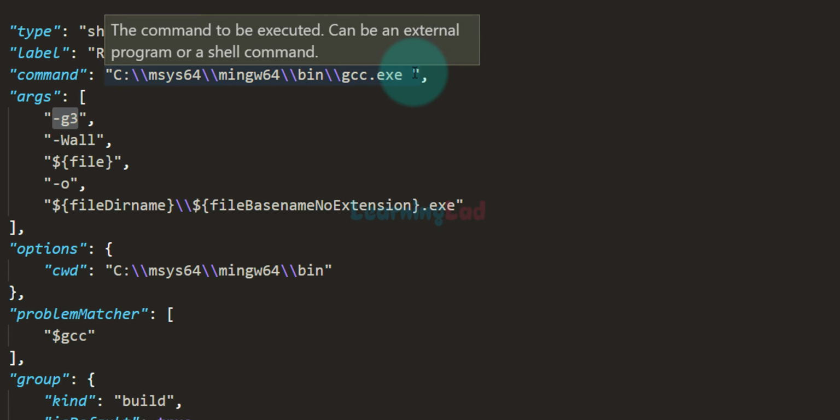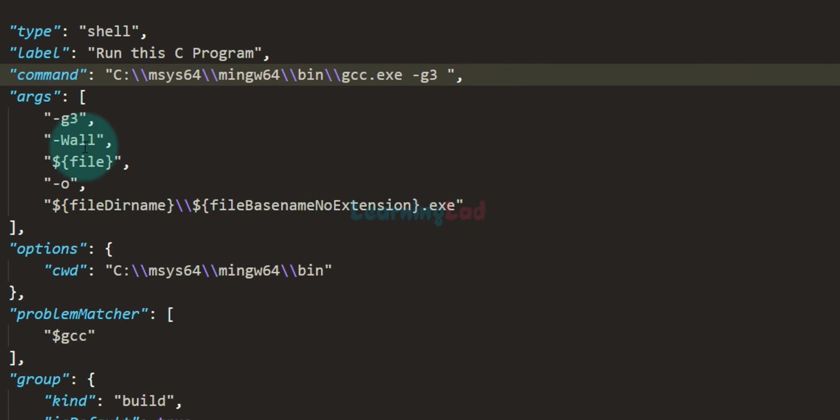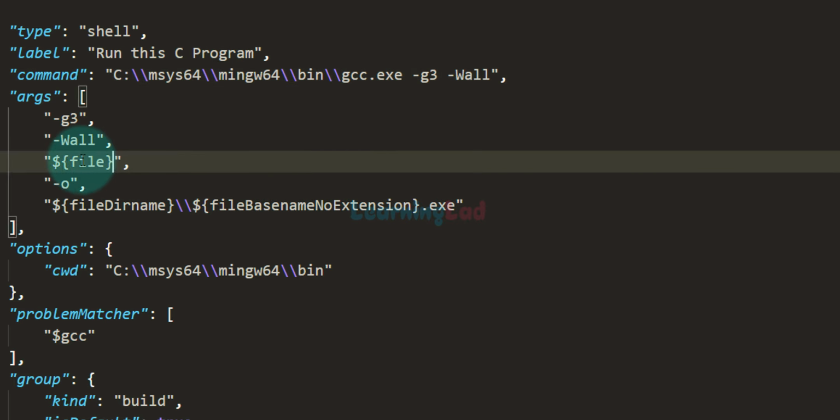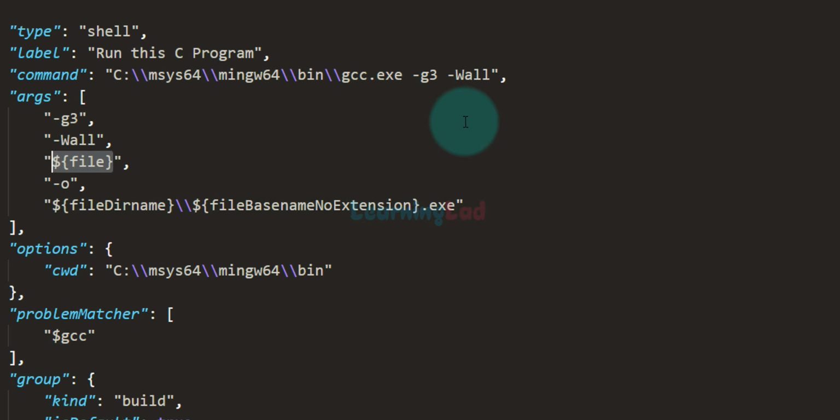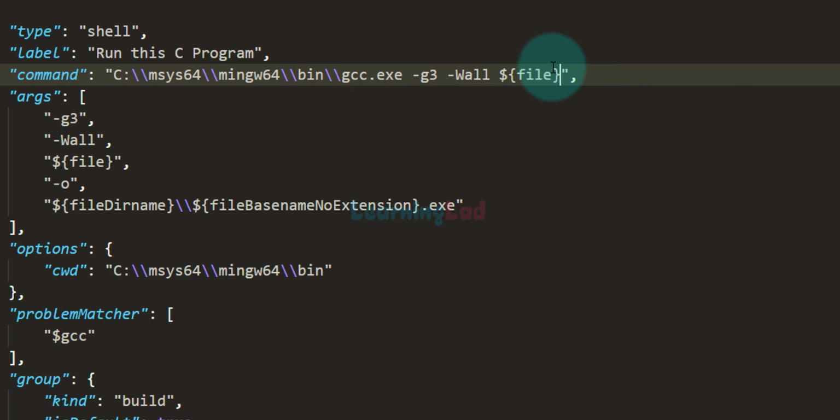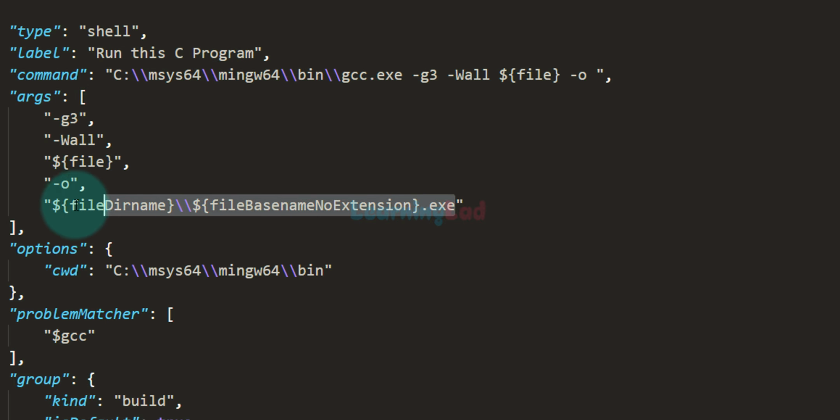So it will be -g3 space -Wall. I'm going to copy that. I'm going to paste it in here. After that, we have $file, copy that and paste it in here. We have -o, copy that, paste it in here. And by the way, make sure that you separate them by using a space. After the -o, we have a space, and after that I'm going to copy this